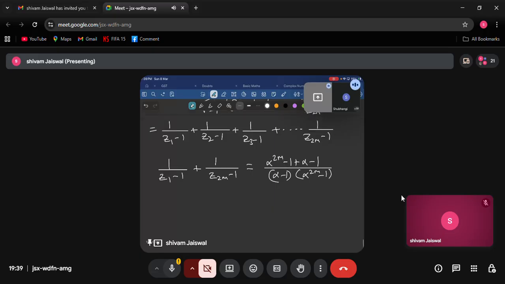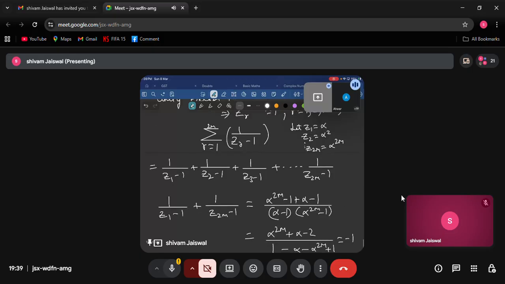Okay, let us simplify. What are we getting? In the numerator, alpha to the power 2m plus alpha minus 2, divided by alpha into alpha to the power 2m, which is 1, minus alpha to the power 2m plus 1. Can you people see that the numerator is negative of the denominator? Tell me, are you people able to visualize this? That the numerator is negative of the denominator, so this will be equal to minus 1, right?